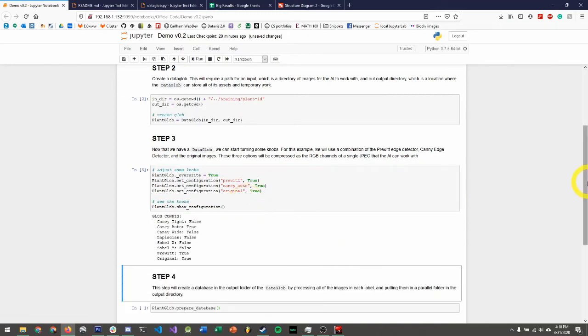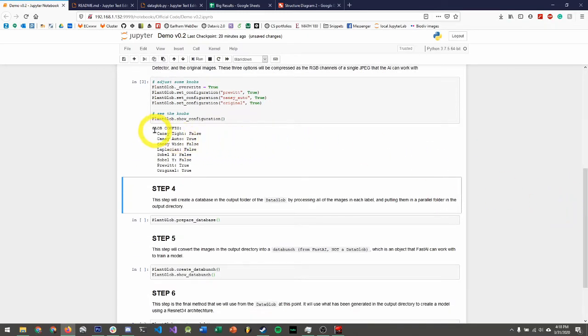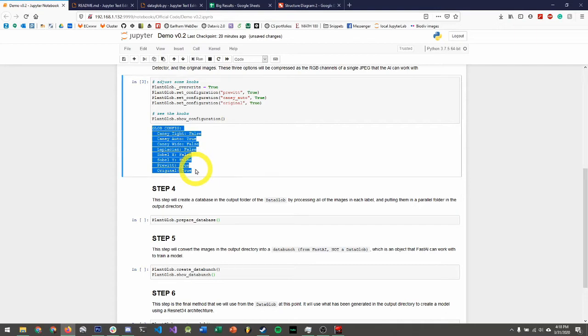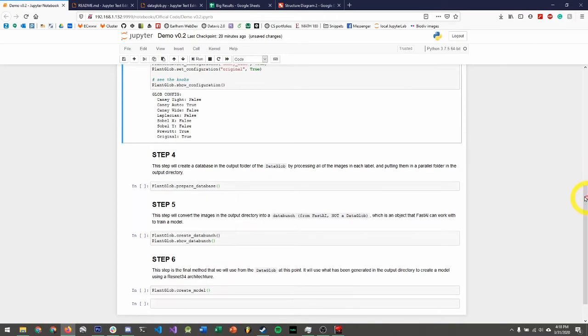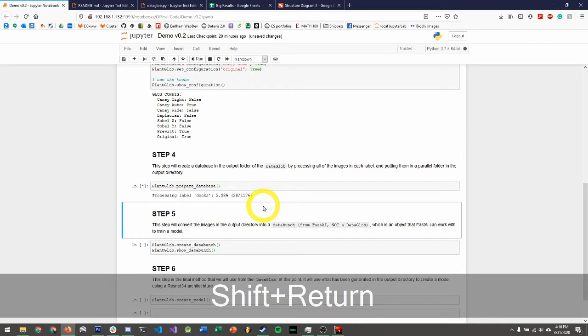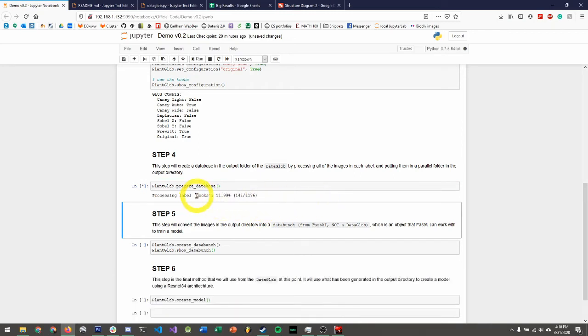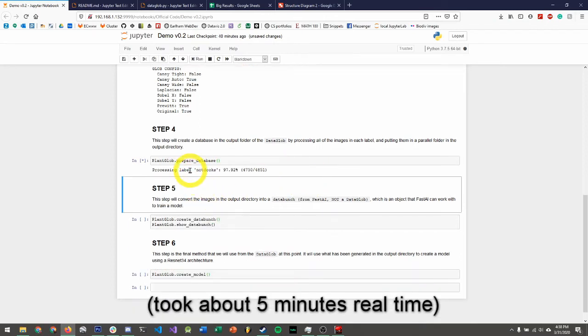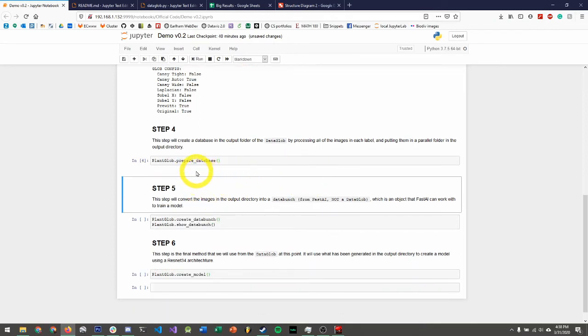When I run that, we get back our glob config, and this tells us which algorithms are and aren't selected to be used. The ones that are selected will be used here in step 4 when we run prepare database, which uses those settings to process the labels. I'll skip through this a little bit because it takes a minute. And we've processed about 6,000 images under 2 different labels, and now we're ready to move on to step 5,